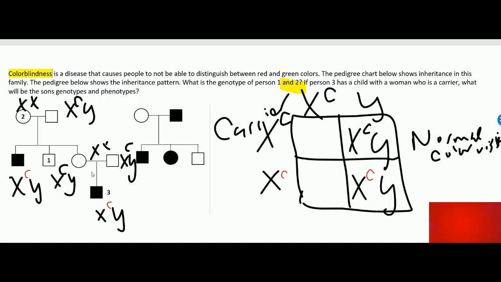And then we can also predict this person's genotype. So this is a daughter. So she's going to be XX. So since we know that mom is a carrier, we know that this person has a 50-50 chance of either being 2 uppercase C's or a carrier herself. Sorry, got those mixed up. So let's do that correct order here. So she would get 1 healthy X from dad and 1 carrier allele from mom. So to solve the last part,